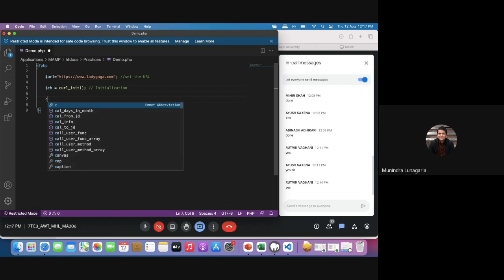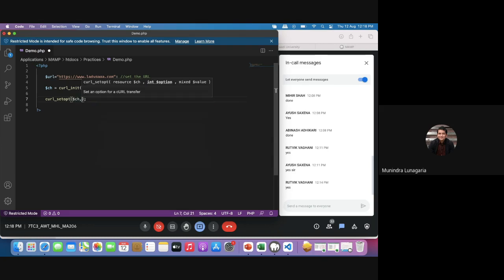Now we are going to do the setup. First argument is $ch. Second, CURLOPT_RETURNTRANSFER.